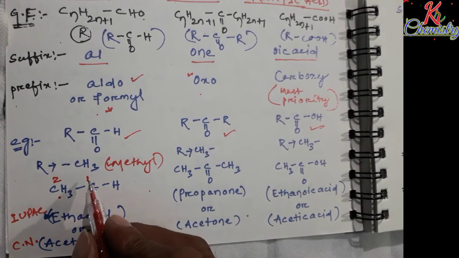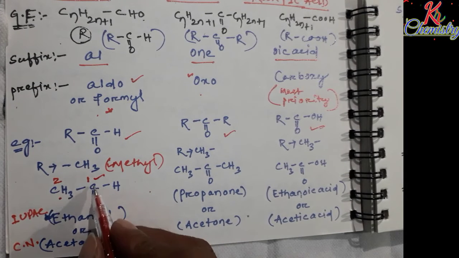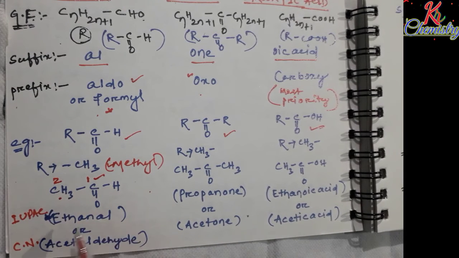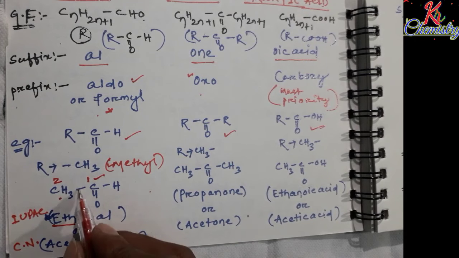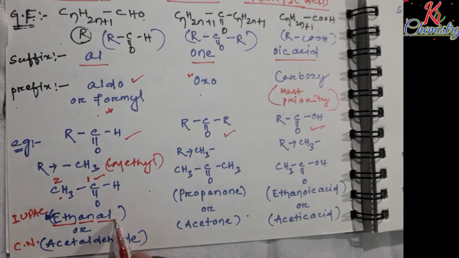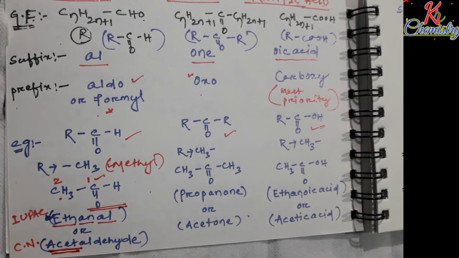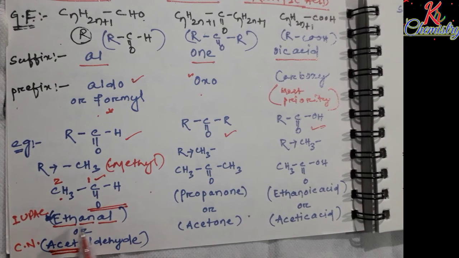While numbering the organic compound, we start from the functional group carbon, that is 1, and here the alkyl group carbon is 2. So the word root is eth, and here a single bond is present, so AN is the primary suffix and AL is the secondary suffix, meaning an aldehyde group, C double bond O H, is present. The common name of the compound is acetaldehyde. Remember, acetic is used for the common name of compounds containing two carbon atoms for aldehydes, ketones and acids.